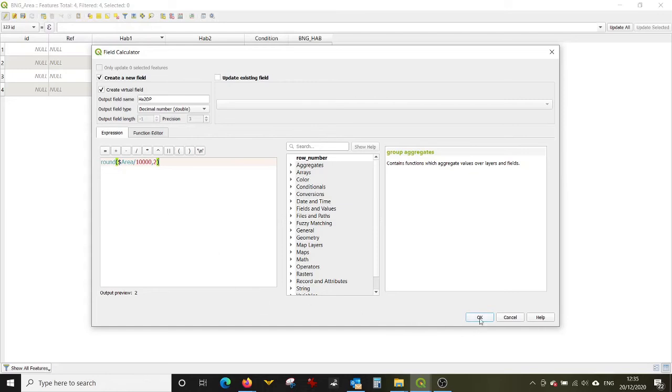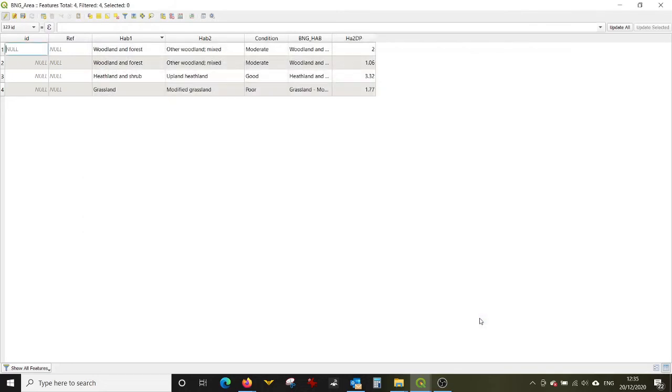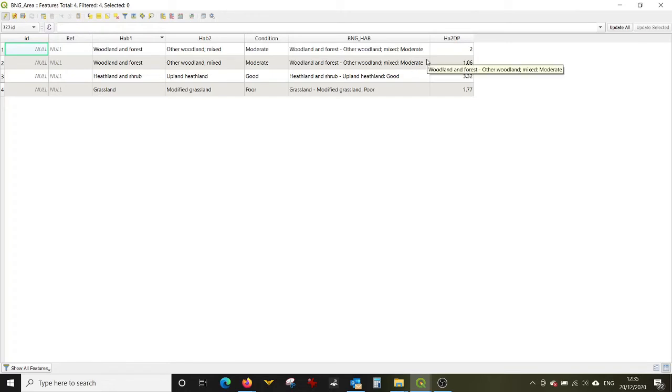And that should give us our hectares to 2 decimal places. And then what it would be good to have is a column that shows the total area of each habitat type with a similar condition assessment. So